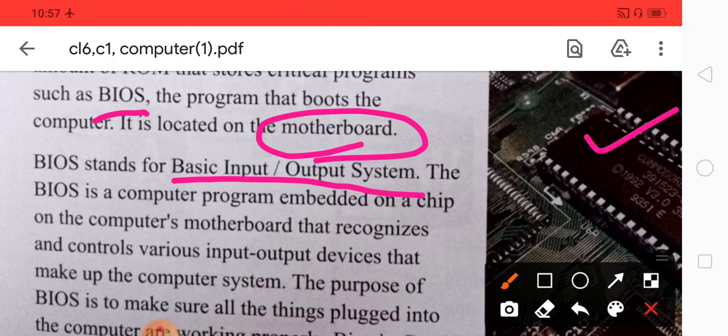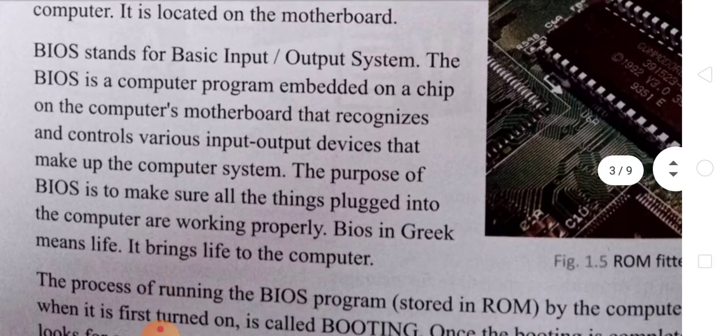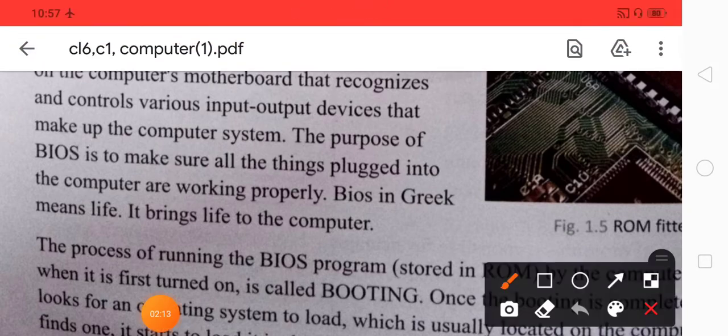In that particular part, the computer's motherboard recognizes and controls the various input devices and output devices that make up the computer system. The purpose of BIOS is to make sure that things plugged into the computer are working properly or not. BIOS in Greek means life. So it brings life to the computer, students.